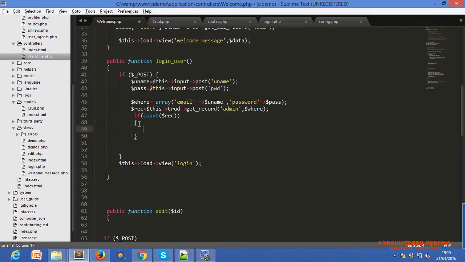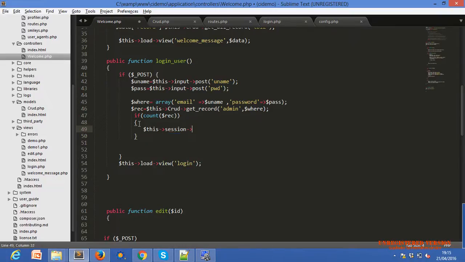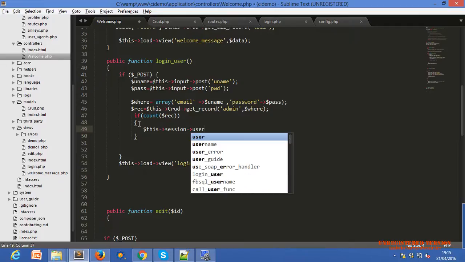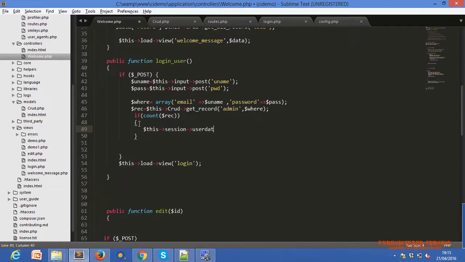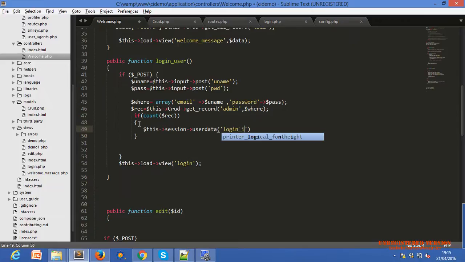So now we are going to create a session. How do we create the session? $this->session->set_userdata. Okay, user data, this is the syntax. Creating session, user data, login, ID, or you can say login is equal to true, and we will use